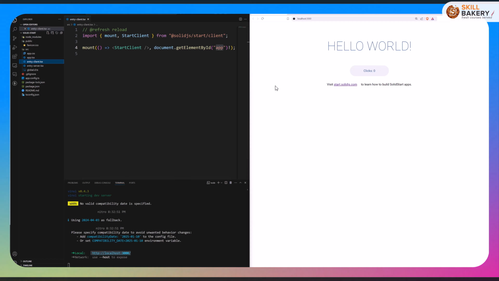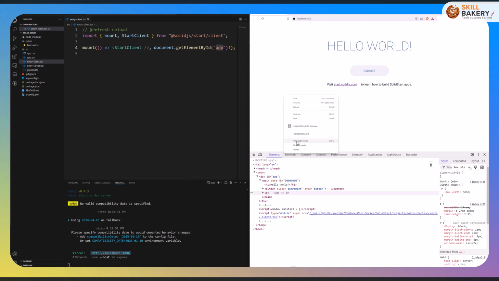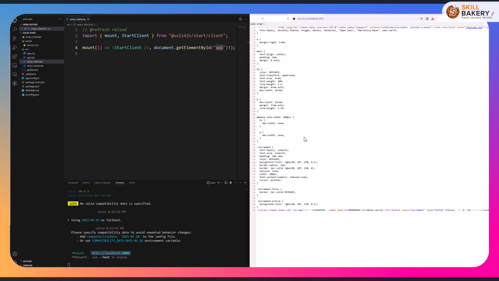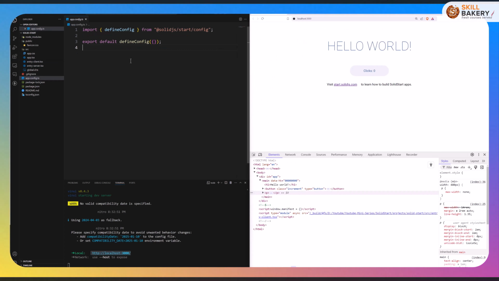So if you see over here the source code of this particular page, by going over here and saying view page source, you'll notice everything has been pre-rendered over here. All the application that you see is here itself. That's why I initially mentioned that the default behavior is SSR in SolidStart. We can swap this behavior